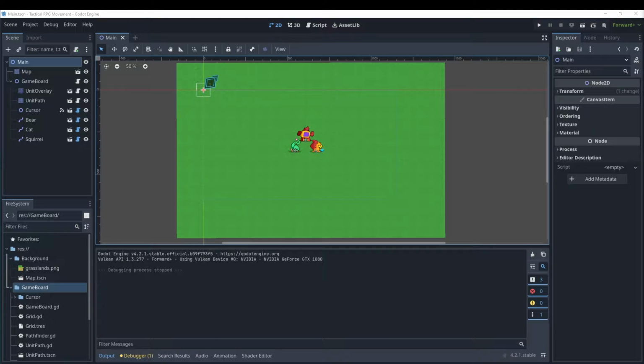Hello everyone, my name is Tyler, and today I'm going to be going over how to implement tile cost into a tactical RPG game. This video is based off of Radical Oyster's video, where he goes over how to do this in Godot 3. Because of some slight changes between the engine versions, I felt that this video was necessary